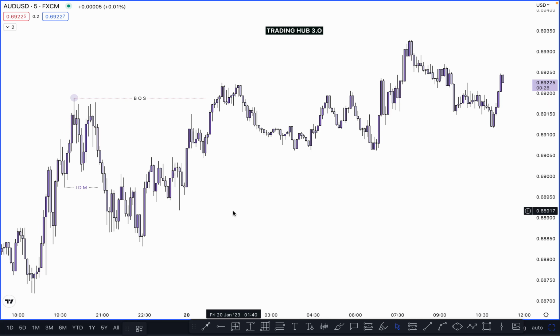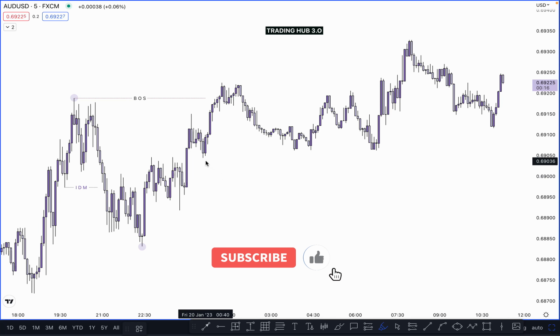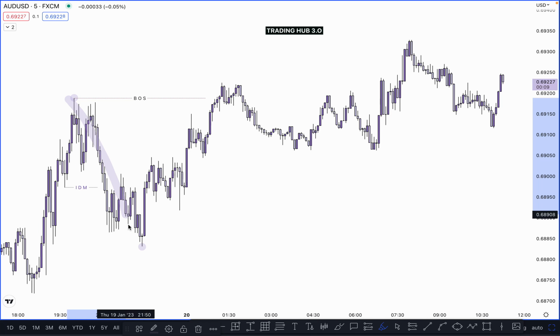And where is our higher low? Our higher low is the lowest point in this leg after this break of structure. So this is our lowest point and this becomes our higher low. Some people mark the recent low, which one is here, as the higher low. No, these are not higher lows. A higher low means the deepest point in this leg. Okay, so this one is our higher low and you have to wait for it.